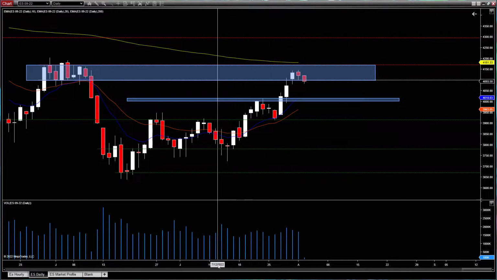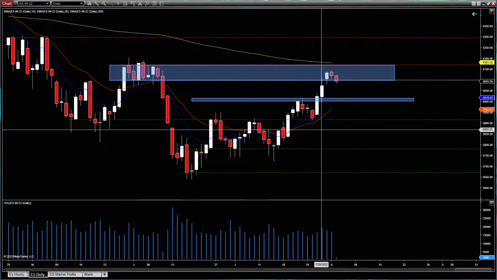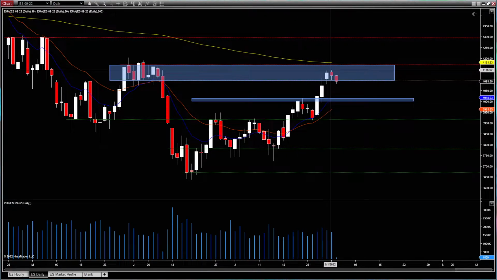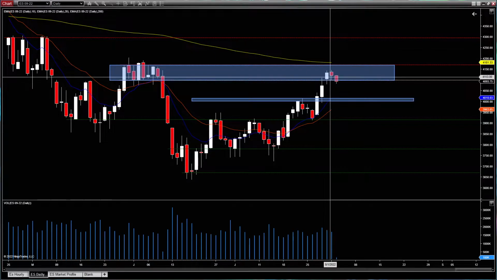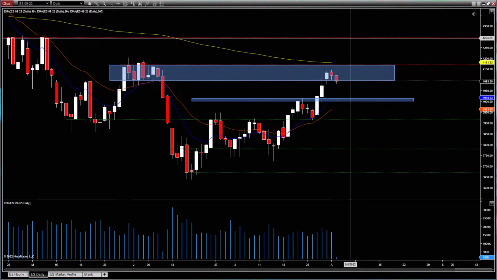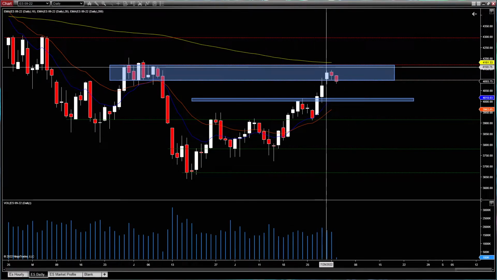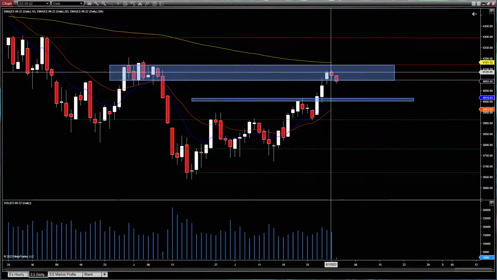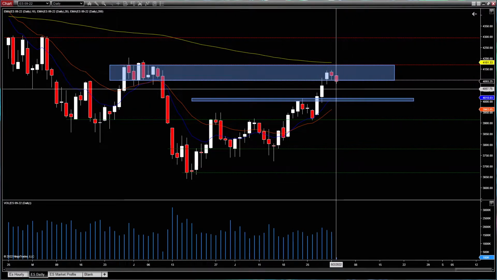So just a few things we were looking at, essentially saying that the market was running out of fuel as we got up here. It was running out of steam. And we were going to need a lot of volume to push us up and over this area, which we are not getting. So it just makes sense that we cool off a little bit and even reverse some. It's just a healthy pullback.